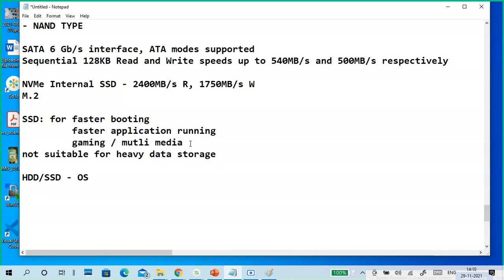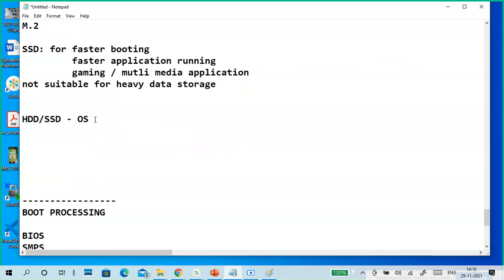Multimedia means multimedia application. My meaning is multimedia application. If you know any mechanical guys, the mechanical people have heavy applications, right? Like SolidWorks, Pro E, Catia kind of stuff, and YouTubers use editing software. Okay, CAM Studio and some things they will use, but I'm only telling in application manner. But for data storage, better go with the normal hard disk only. Okay, so that's it.